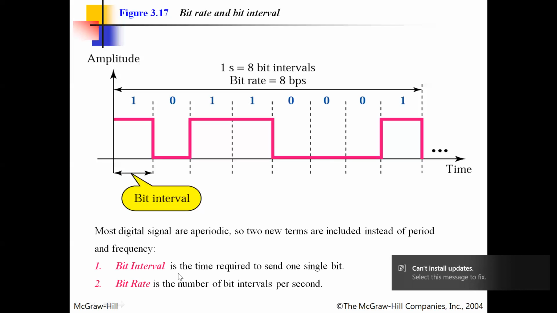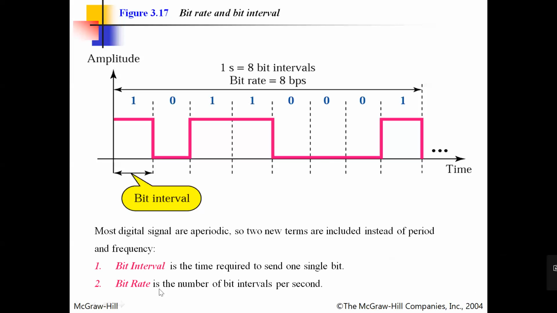So what is bit interval? It is the time required to send one signal bit. And what is bit rate? It is just like our data rate, বা যেটাকে আমরা frequency বলছিলাম, সেটাই এখানে ডিজিটালের ক্ষেত্রে বিট রেট হয়ে যাচ্ছে। এন্ড যেটাকে আমরা টাইম পিরিয়ড বলছিলাম, ডিজিটালের ক্ষেত্রে ইট ইজ বিট ইন্টারভাল। So what is bit rate? Bit rate is the number of bit intervals per second. Per সেকেন্ডে কতগুলো বিট ইন্টারভাল আছে।